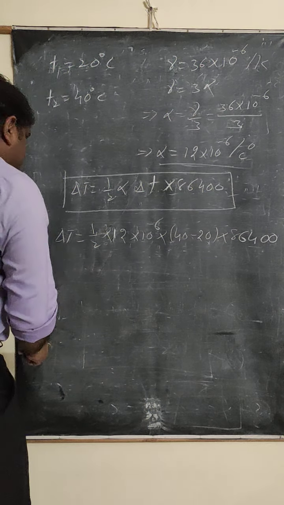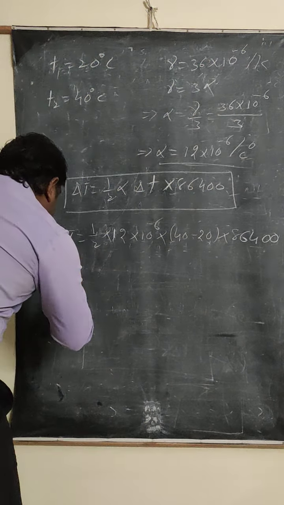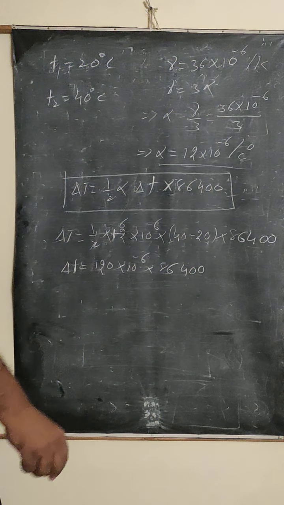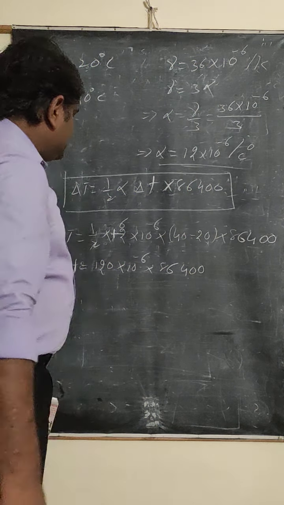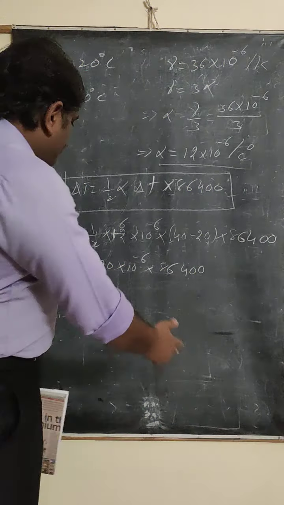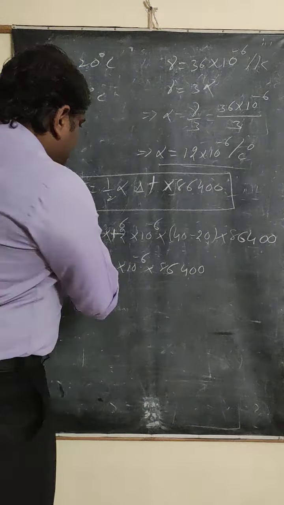Now this equation can be written as delta T is equal to 6 into 20, which becomes 120. So 120 into 10 power minus 6 into 86,400. So these are the values we are going to have. Now we are going to multiply all these values. The final answer we are going to get as